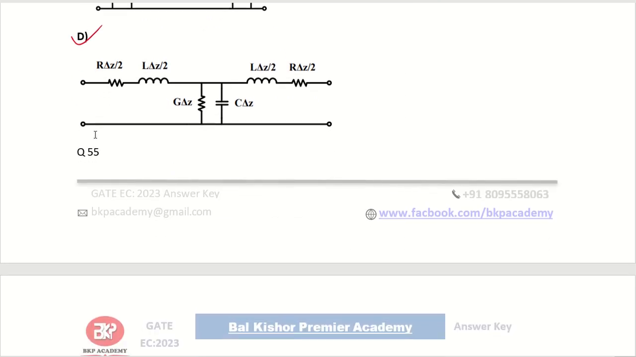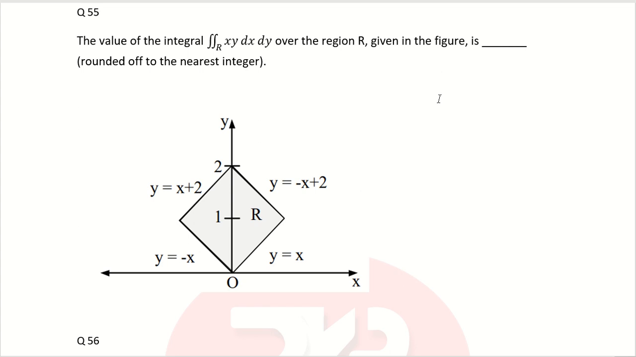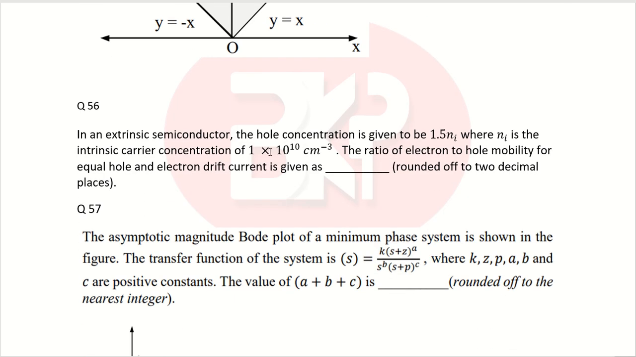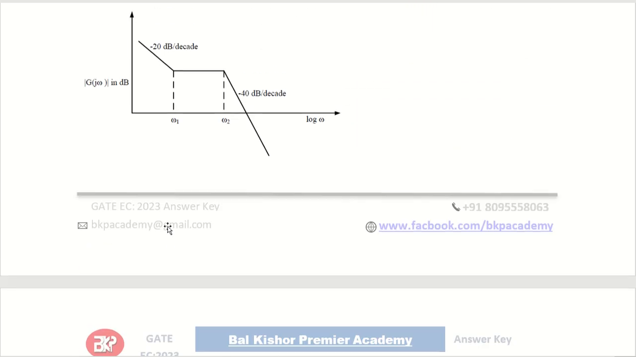Coming to question number 55. The value that you are going to get for this is very simple. It was 0. So 55 you will get 0. Let us see question number 56. The answer for question number 56 is 2.25, and the value for question number 57 is